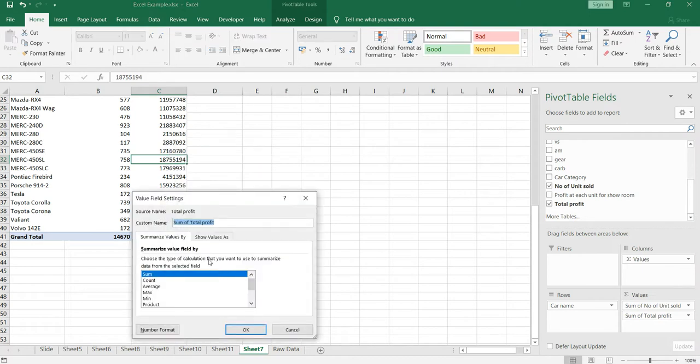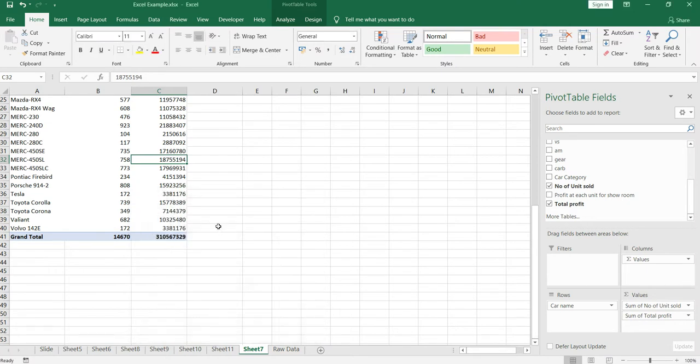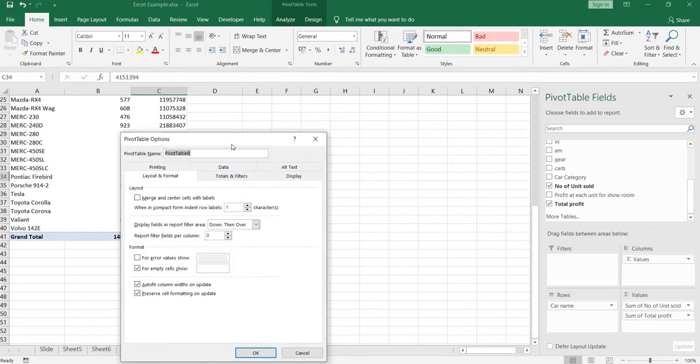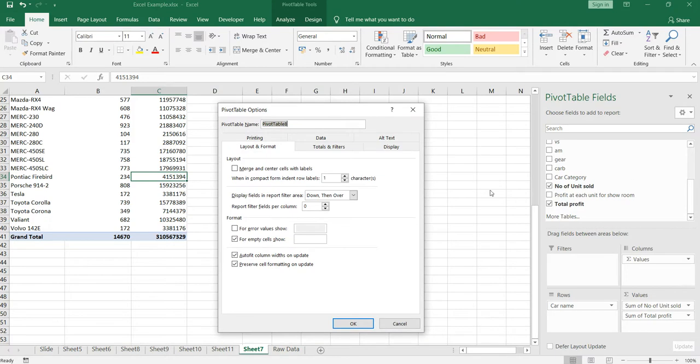So if I click on it again, I'll have the same option which I had shown you. If you click on this small drop down value, the options that you get, you will have here. Okay, the next option is pivot table options. This one gives you a little bit more flexibility with the display or design of your pivot table.